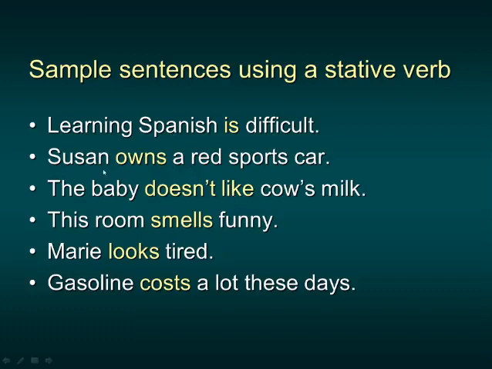Susan is a singular subject. So if the subject is singular, we use an s with verb 1, as in owns. If it is Susan and Mary, then we use only the base verb, because the subject is now not singular, it is plural. If the subject is plural, we use verb 1. If the subject is singular, we use verb 1 plus s. This is the rule to create